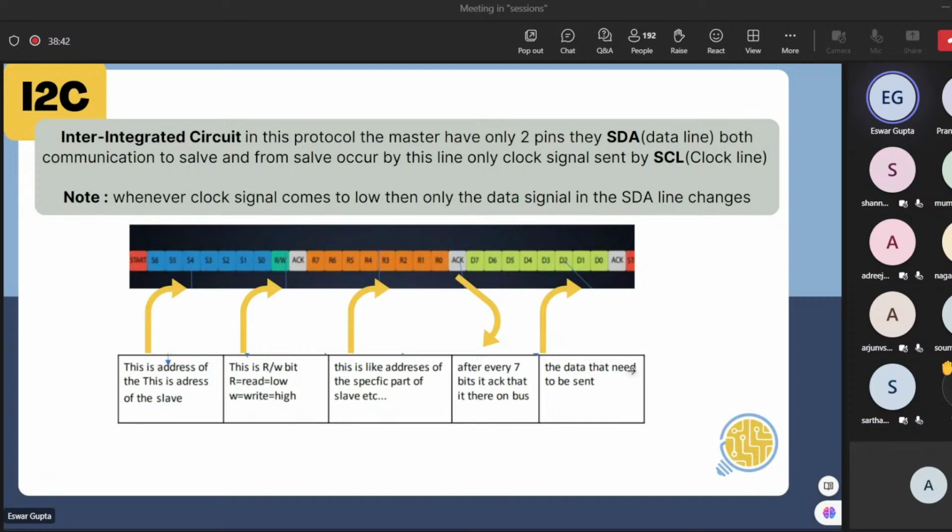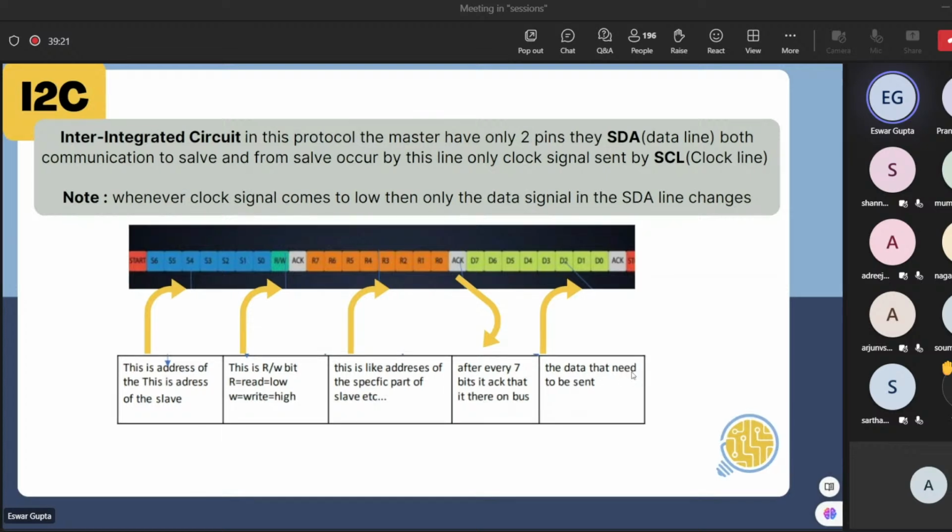What master does is, first it will give a start bit. The data is transferred in a pack, where it has one start bit and an end bit at the end. After the start bit, there will be an address bit. What this address bit does is, suppose you are having 100 slaves, it will give an address to each slave. Slave 1 address is some XYZ, slave 2 address is 24, slave 3 address is so and so. Every slave will have a fixed address. For understanding purposes I'm saying random, but they will have some fixed addresses. All the slaves will have different addresses.